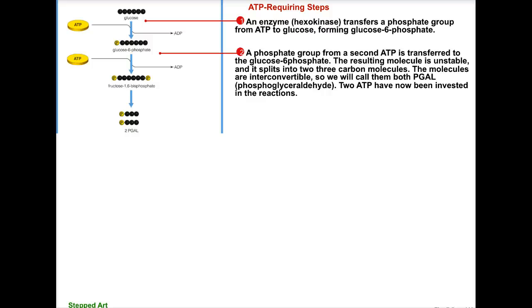So as you can see on the screen, we have our 6-carbon glucose molecule, that's what these black circles are. It is energized by gaining a phosphate from ATP. ADP is produced as waste. This molecule that now has a phosphate, which is on carbon 6, so that's why it's called glucose 6-phosphate, gains another phosphate from an ATP. This phosphate is now on carbon 1, so it's called fructose 1,6-bisphosphate. Fructose is in essence the same thing as glucose, it's just that the atoms are arranged a little differently, so don't